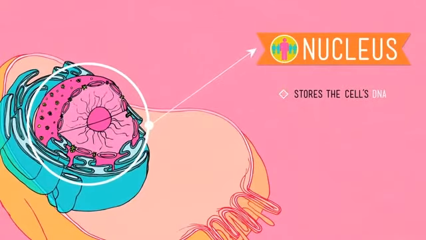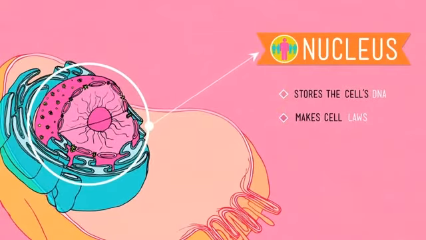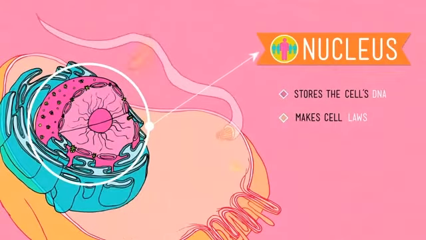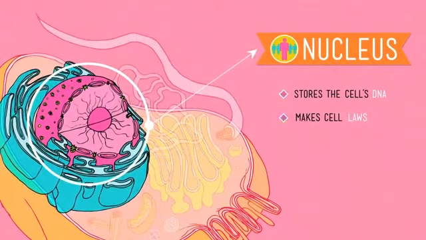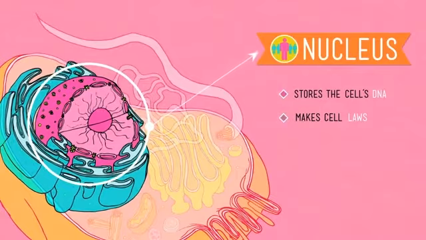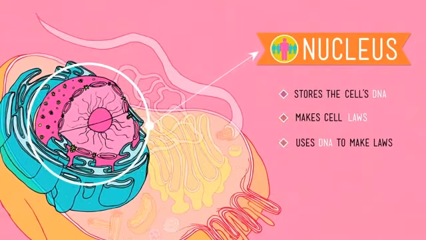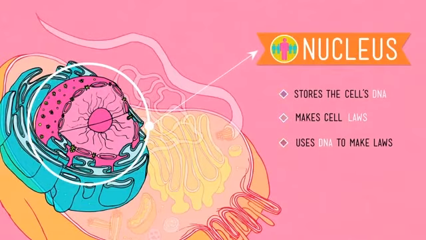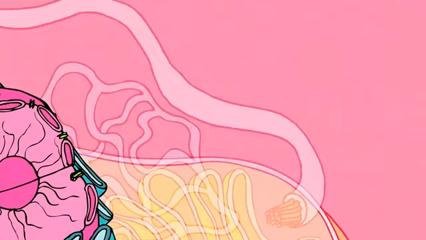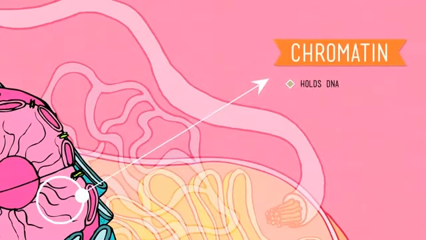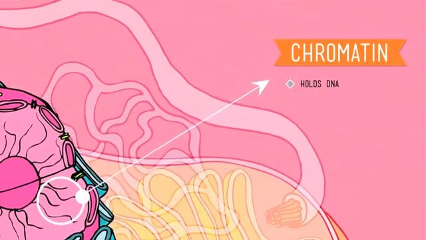So the nucleus makes all the laws for the city and orders all the other organelles around, telling them how and when to grow, what to metabolize, what proteins to synthesize, how and when to divide. The nucleus does all this by using the information blueprinted in its DNA to build proteins that will facilitate a specific job getting done.